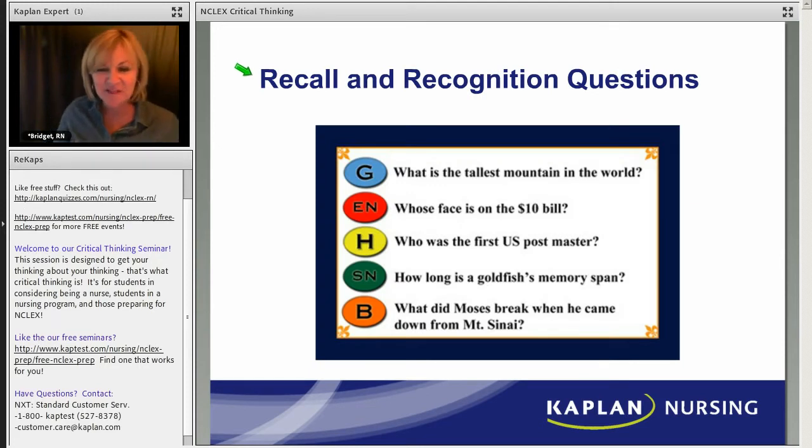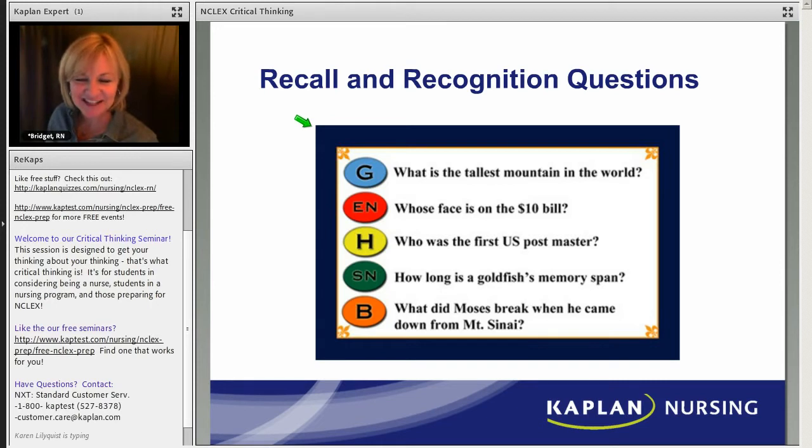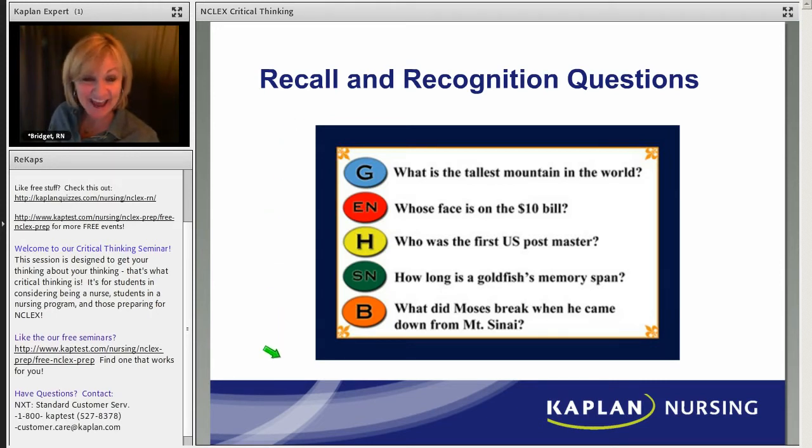Now I want you to think about what this game is. You might not know. When I have this class, we sometimes have students guess, what is this game? And very few people remember or have ever seen this game. It's kind of an older game. Most of you probably play this on your phones now.